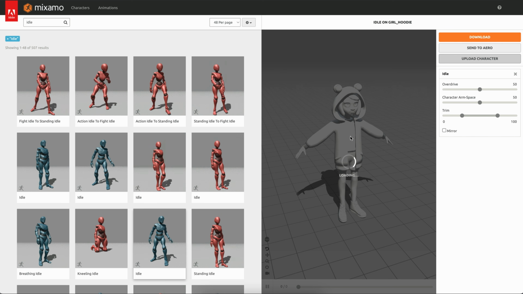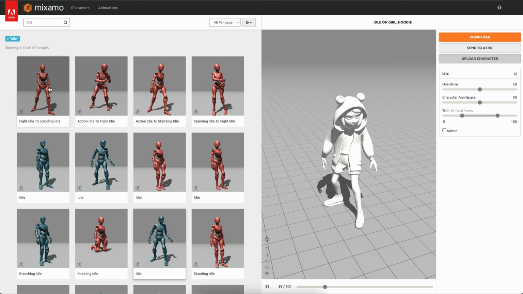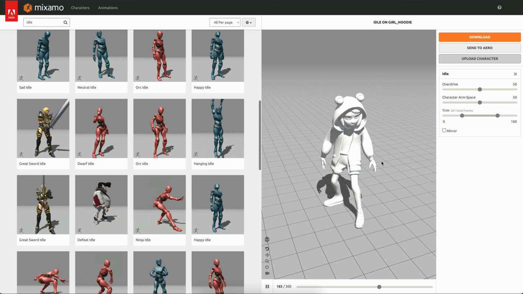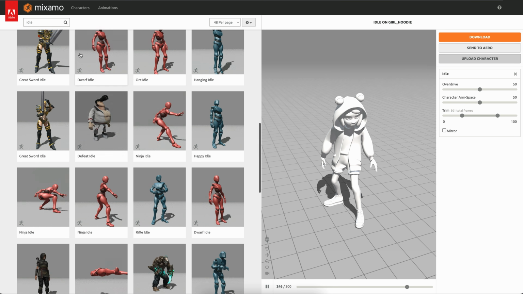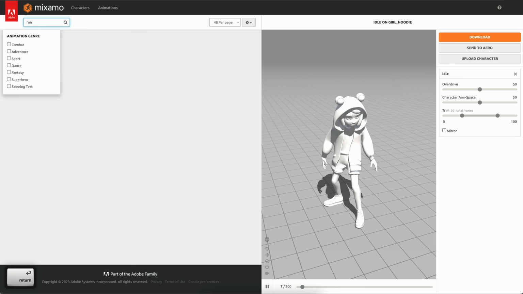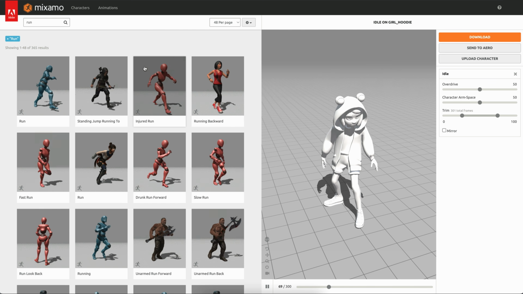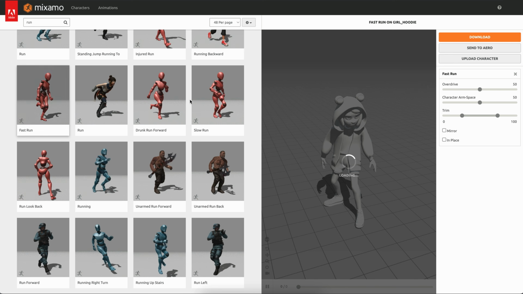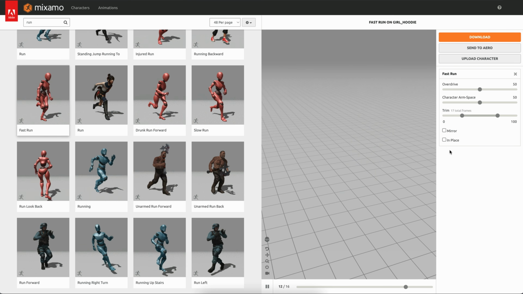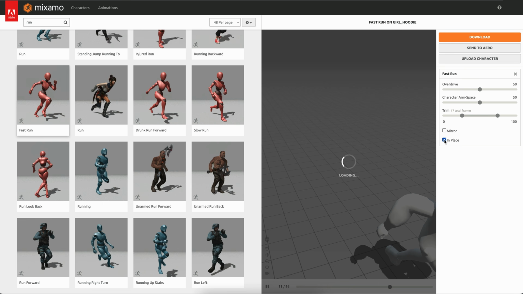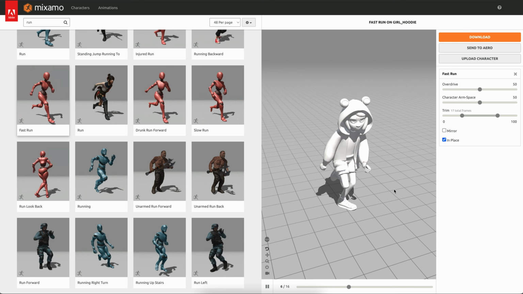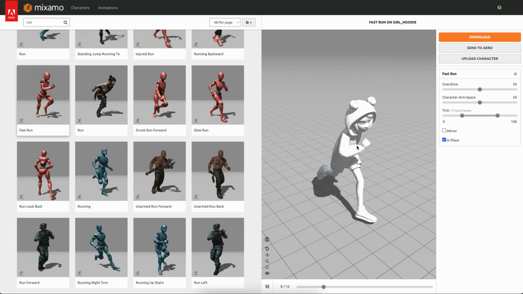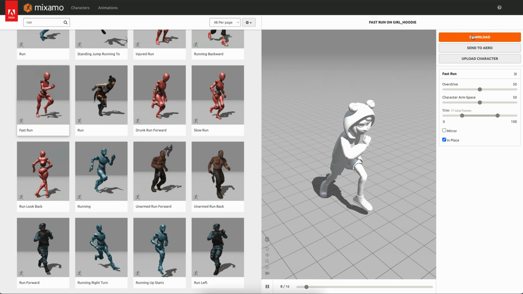modeling here. So now I can just pick any of the animations in here, and I can add those animations into my model. So I'm going to just look for run, and I have a few ones in here, so maybe I can press maybe this one. It's called fast run, and then I want to make sure I press in place because I want the object to maintain its position. So once I'm ready with the animation that I like, I can just press on download,